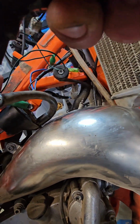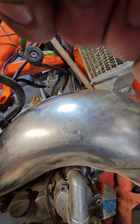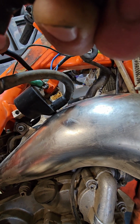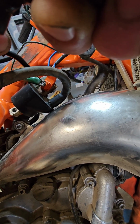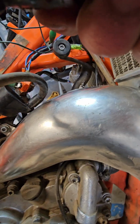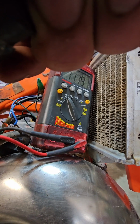You can see the ground of the ignition coil here, where that orange bracket is. You touch that, basically that bolt area, the back of the bolt you've seen in this picture here. Okay, and that's your measurement, and you sit there and hold it till it gets steady. And then my measurement is, and I wish I could show you, 11 kilo ohms. Okay, my measurement on that coil cap to ground